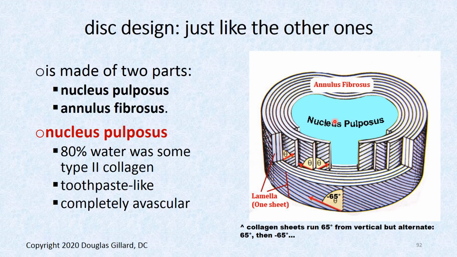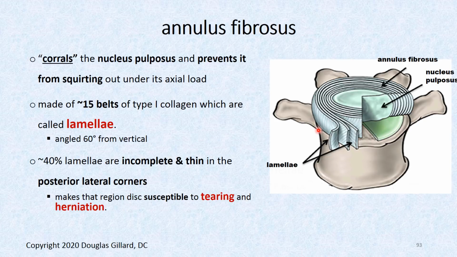The nucleus is 80% water. The cells make proteoglycans, which absorb water like crazy. I've talked about that in other videos. Here's a kind of cool image showing if you could pull these sheets apart. These sheets are called lamellae. So there are actually 15 on average belts of type 1 collagen called lamellae with their fibers running 60 degrees from vertical, and they alternate. But here's the committee problem, and we don't know why this is, but research has shown